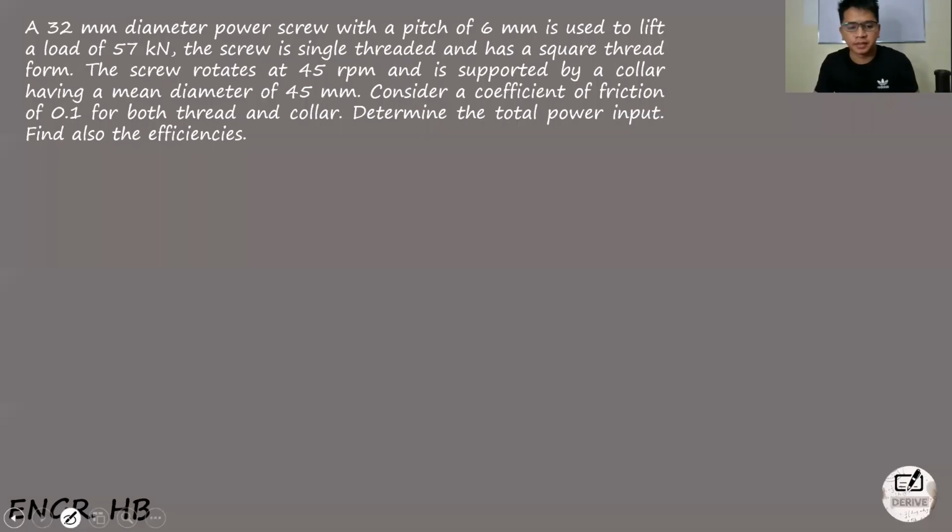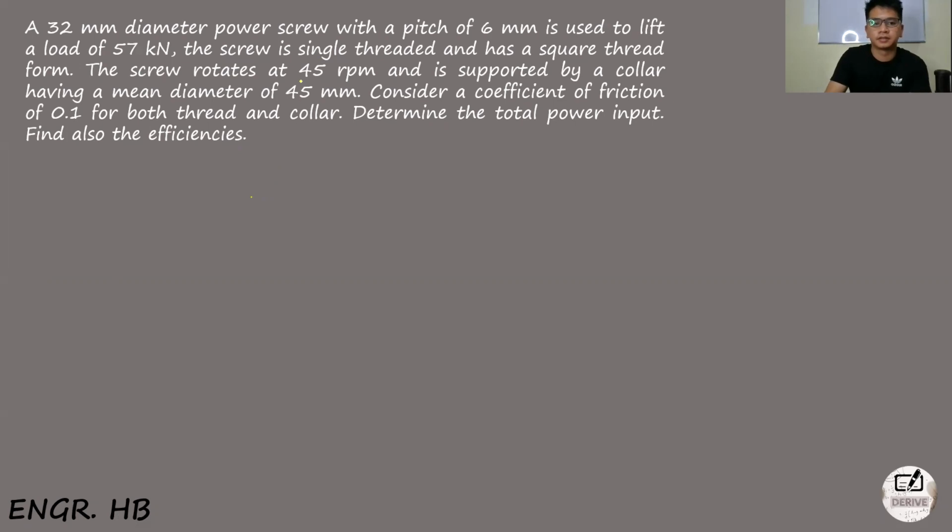So, tara, sagot tayo ng problem. Pero bago yan, kuha tayo ng dilaw na ink. So, ayan. I hope makatulong ito sa pagre-review ninyo. A 32 mm diameter power screw with a pitch of 6 mm is used to lift a load of 57 kilonewton. So that was huge, no? So the screw is single-threaded and has a square thread form. The screw rotates at 45 RPM and is supported by a collar having a mean diameter of 45 mm. Consider a coefficient of friction of 0.1 for both thread and collar. Determine the total power input and find also